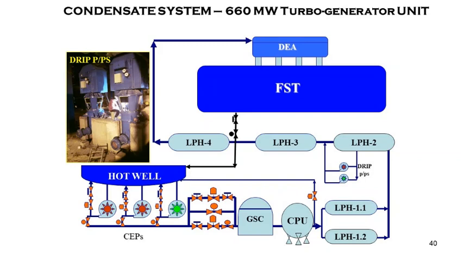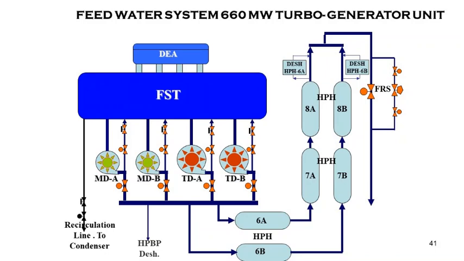There are 4 LP heaters, 2 LP heaters, first level LP heaters are placed nearby the condenser, and LP heater 2, 3, 4 is placed from the LP heater 4. Condensate is going to the deaerator. So this is the standard connection for 660 megawatt, 500 megawatt units, where number of LP heaters are at least 4 to 5. In 660 megawatt supercritical turbogenerator feed water heating system, generally the feed storage tank is connected with